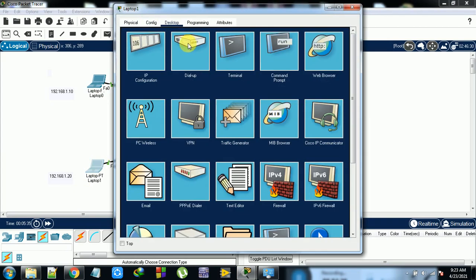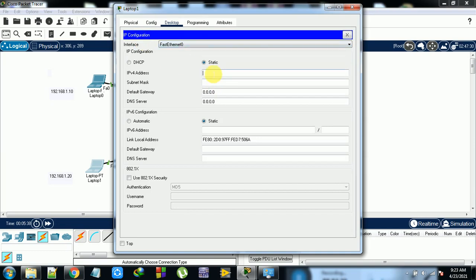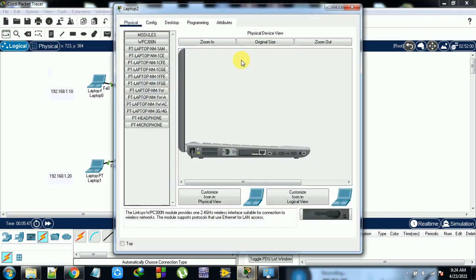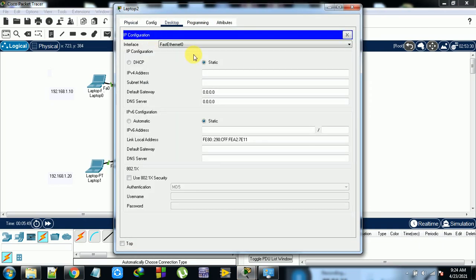Config, desktop config: 192.168.1.20. Here the same thing: 192.168.1.30.